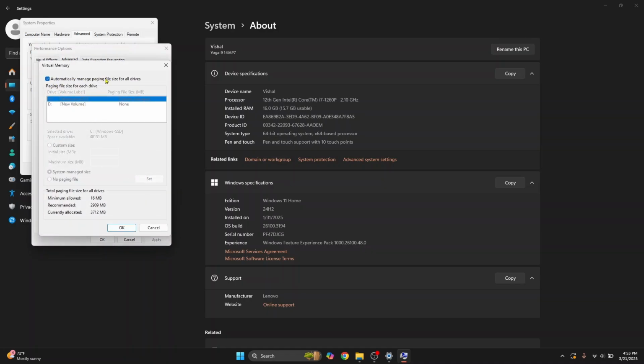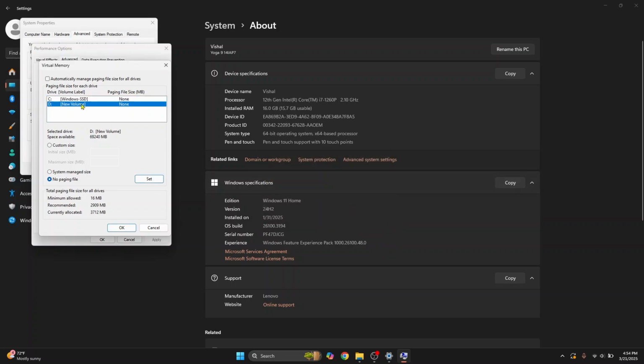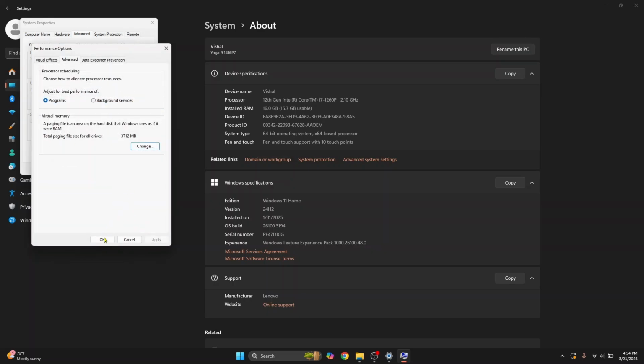If it is pre-selected to automatically manage paging file size, just uncheck this, and now we need to remove the paging files. So click on C drive and click on no paging file and click on set. Click yes now. Do the same for D drive, and if it is already set to no paging file, leave it as it is. Click on OK. Click on OK again